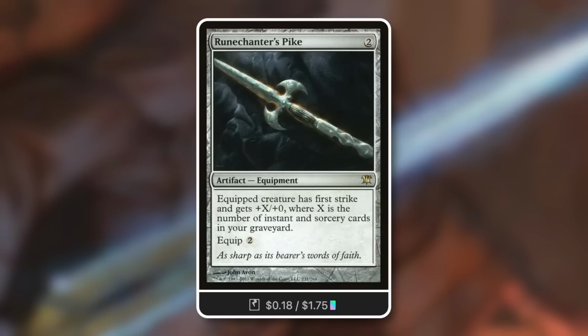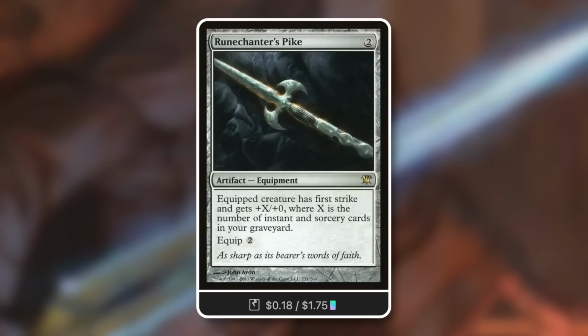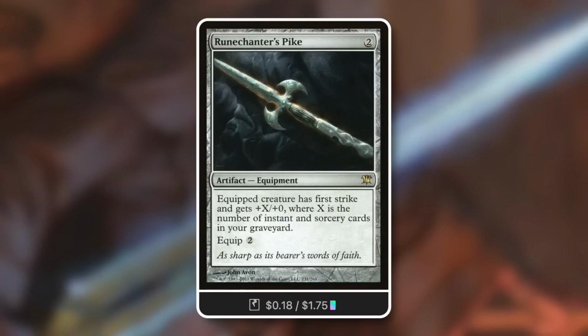I would expect both to be in the exact same deck because if you want to pump your commander in one way, you probably want to pump it in another way too. That's exactly the same, with an additional benefit. Now, are there going to be some decks that this new card, Glamdring, ends up in that Rune Chanter's Pike isn't in? Sure. If you've got a commander that already can deal out a good amount of damage and you've got a way to get it through,